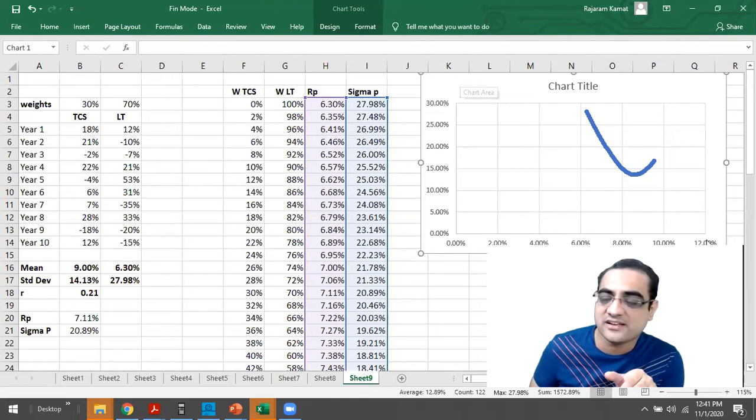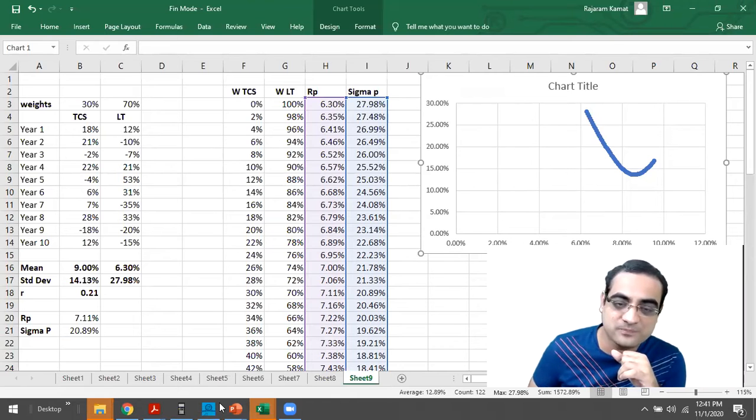So basically return is on the x-axis, that is the horizontal axis, and sigma is on the vertical axis. Let me ask someone: horizontal axis has return, vertical axis is sigma. So what should it have been? What should be on the horizontal axis, and on the vertical axis? Hello, sir. Yeah, Vijay. Horizontal, you'll have your sigma, and vertical, you'll have your returns. Good. So basically on the horizontal we wanted sigma and on the vertical we wanted return. That's what our graph is.